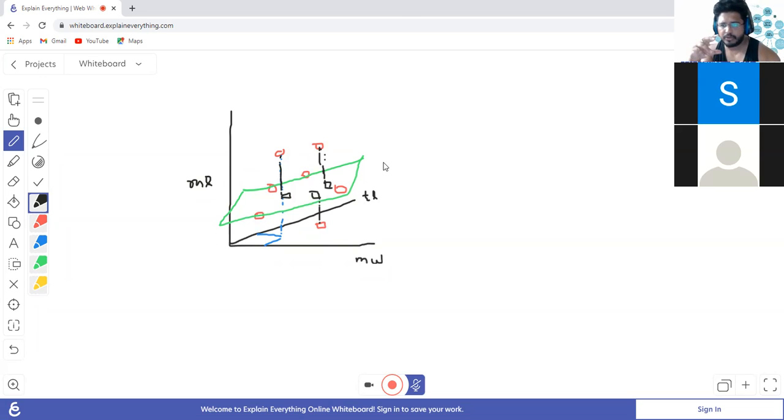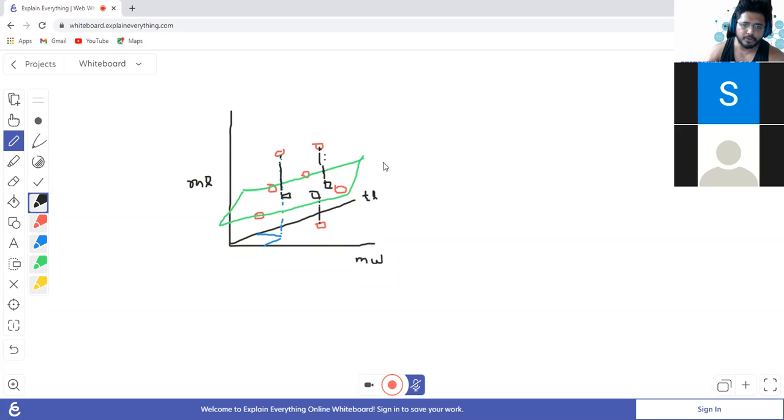So when I'm going from simple linear regression to multiple regression, what is happening? My number of dimensions or parameters are increasing, and my linear regression, which was a line in the first situation, has now become a plane. So if I have 4 parameters, then what will be my best fit? My best fit will be a cube, right? And so on. It will keep on increasing with the dimensions.